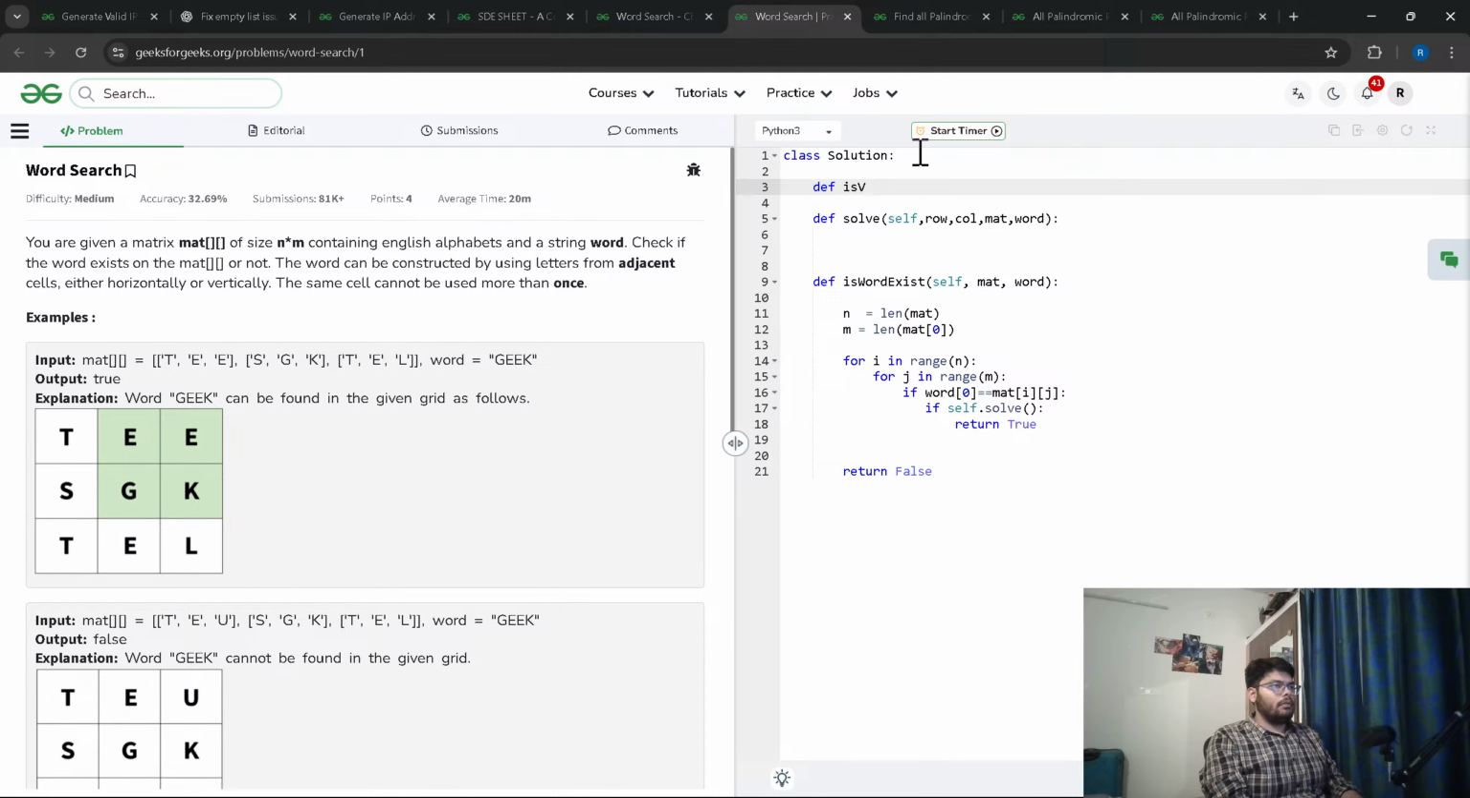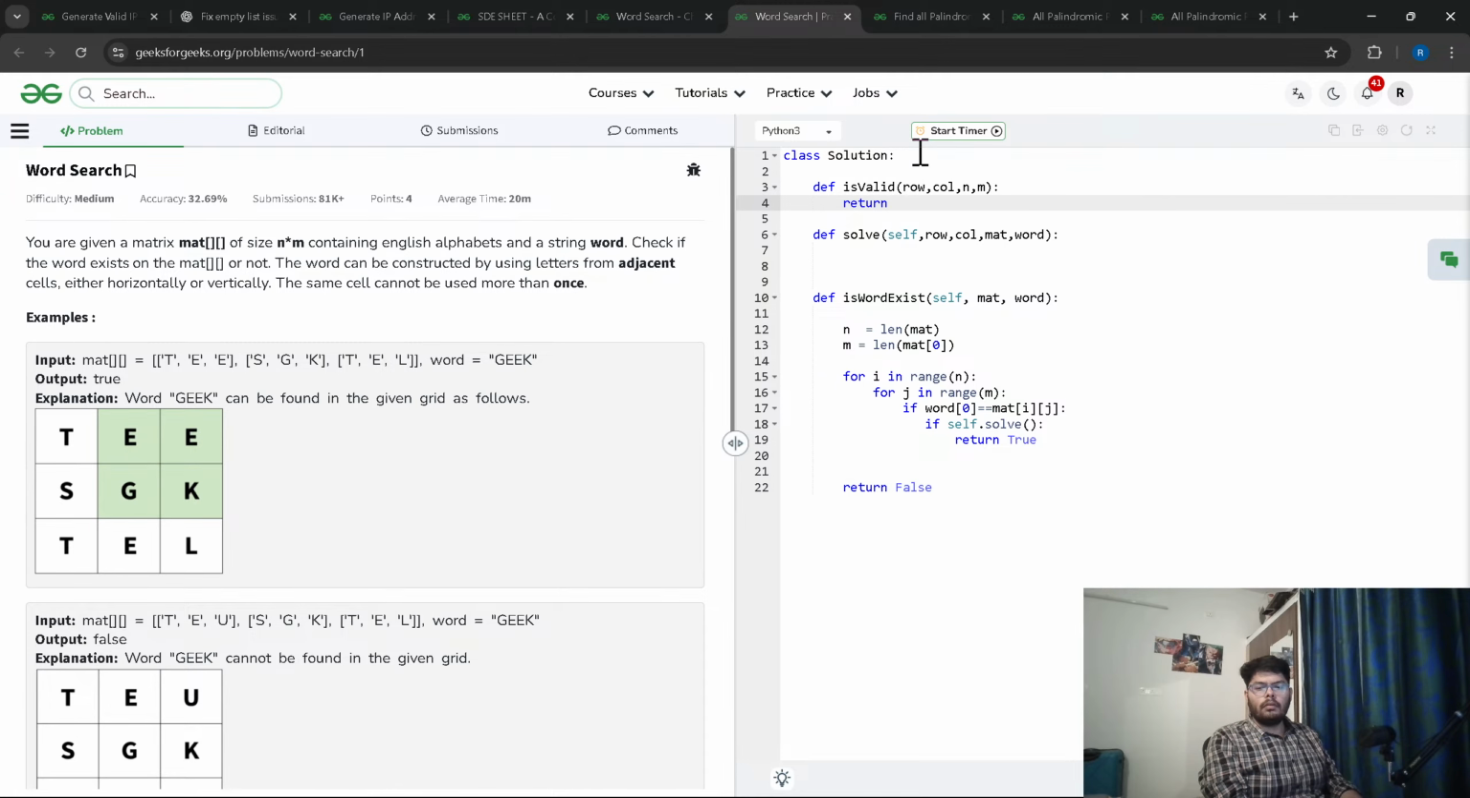Is valid, valid int not int row, column, n, m, return. Should we